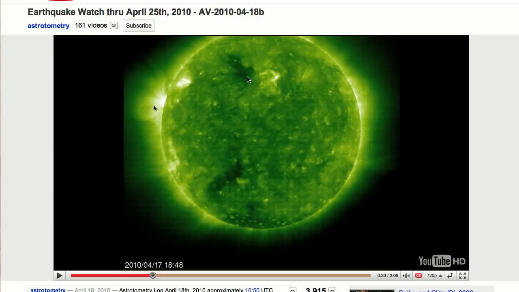And I want to make a couple comments on this. I am still looking for a quake from this event. I'll be looking for it through the 25th of April. And this signature is unusual. This isn't the same sort of pattern that I have seen in the previous forecasts that I've done. There's a few things about this that are sort of interesting, and I'm possibly in a position to be learning from this particular occurrence. And I wanted to go ahead and say what I know about this so far.